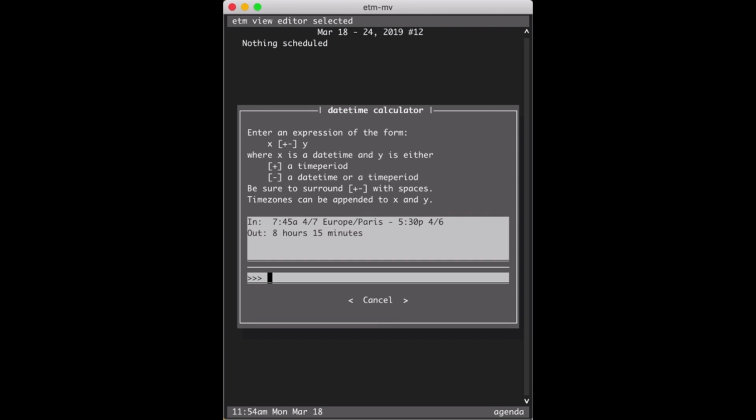Now I can turn this around and compute the arrival time in Paris by adding the flight time to the departure time in Raleigh-Durham just to confirm the calculation. So here's the departure time in the local time zone. I'll add the 8 hours and 15 minutes,